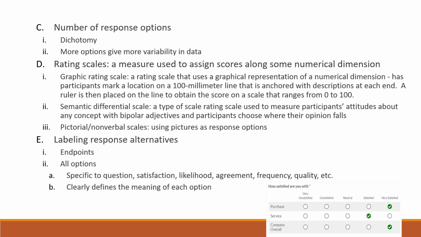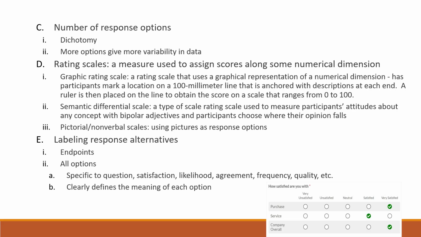And then we have labeling response alternatives. How do we label our scales? You could have only the endpoints labeled, like with the graphic rating scale or the semantic differential scale, or you can have all options labeled. Maybe you've seen a survey such as the one shown here, where you are asked to rate your satisfaction with a business. And instead of just having the endpoints of very unsatisfied and very satisfied, each option, including neutral, is